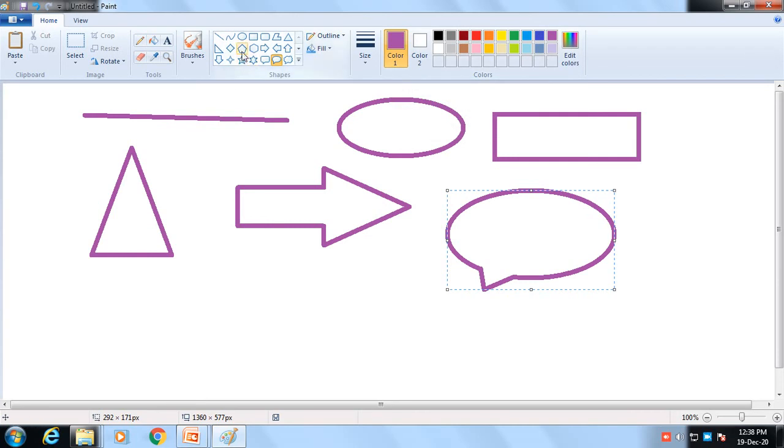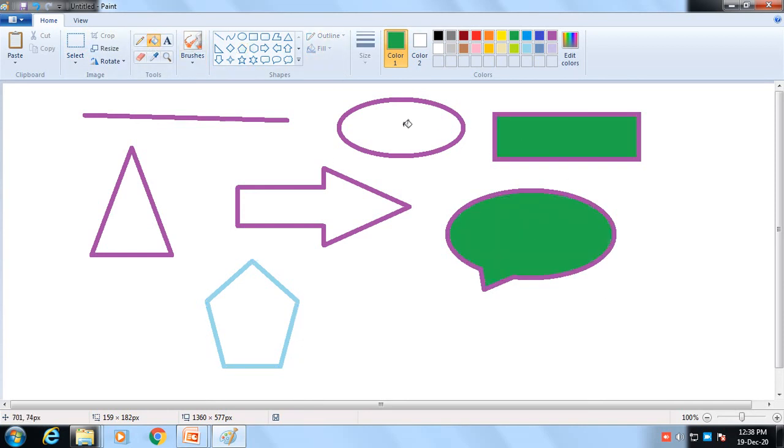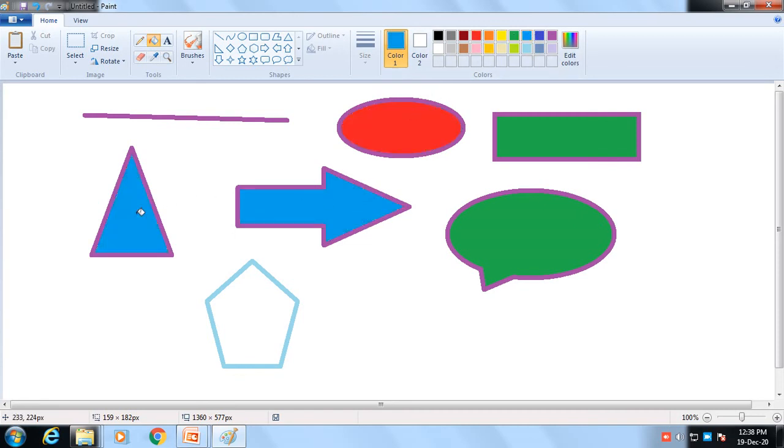So whenever I am drawing any image, it will appear in purple color. If I want to fill color in that particular image, I am using this fill with color tool. I can fill color. Fine, like this, like this.